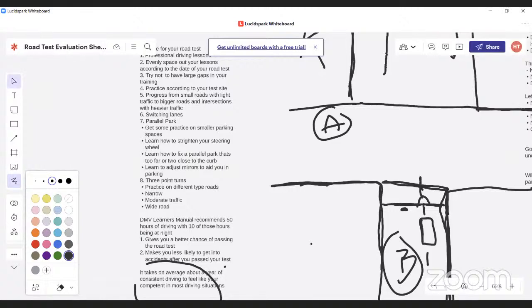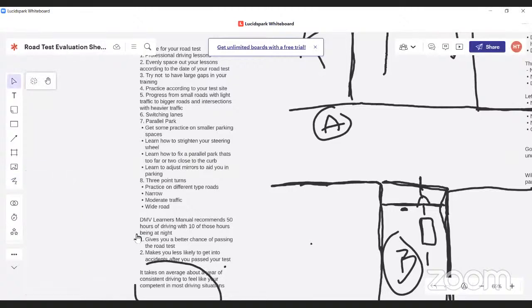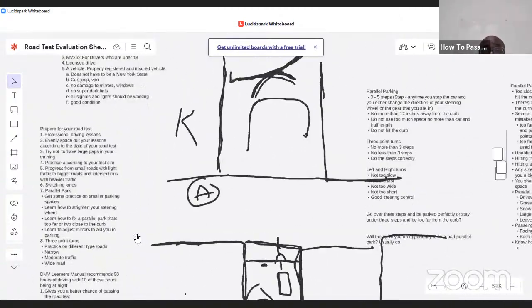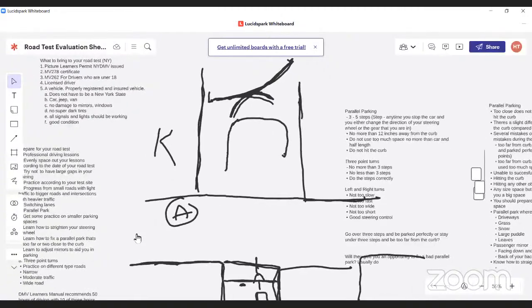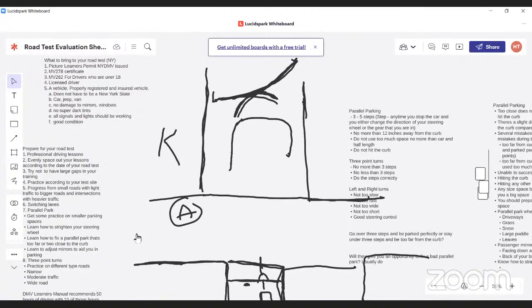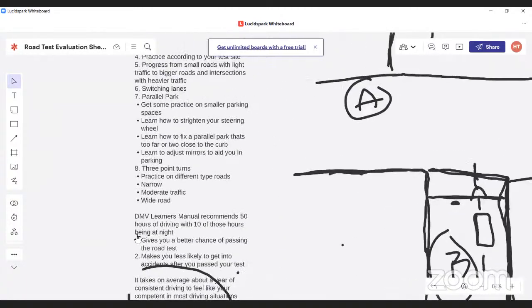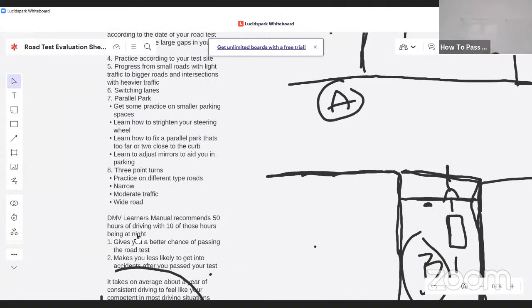Can you zoom back out again so I could screenshot it? Oh, okay. What I just talked about, the U-turn? Yeah. Okay. All right, I got it. Okay, so